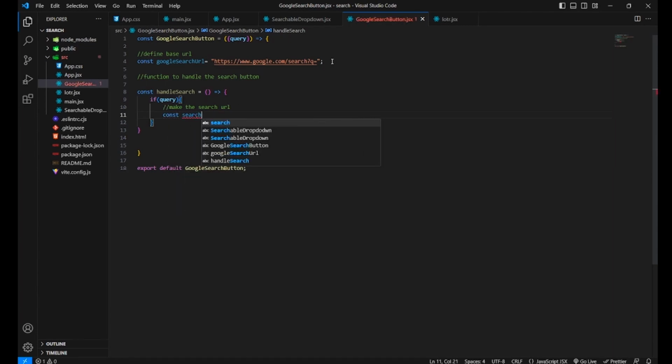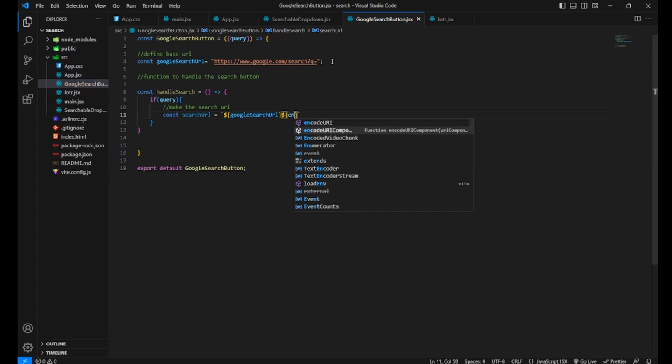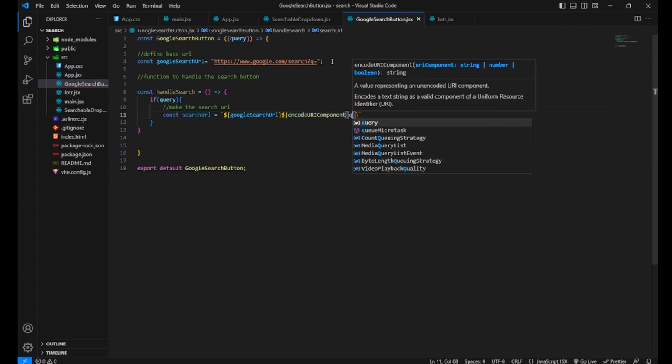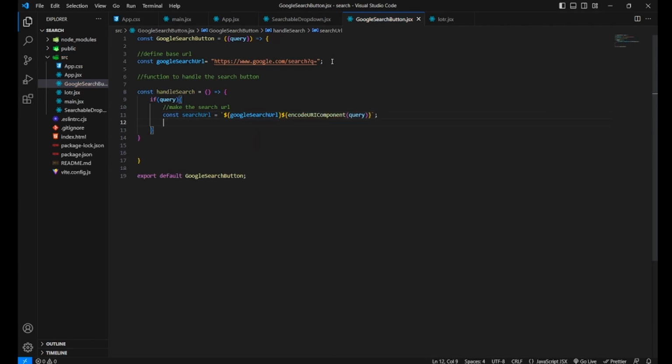So let's name it searchURL only, and we are going to use the backticks again, because we are going to access the previous variable, which is googleSearchURL, and we are going to access the encodeURIComponent. So it encodes our URL with the query,